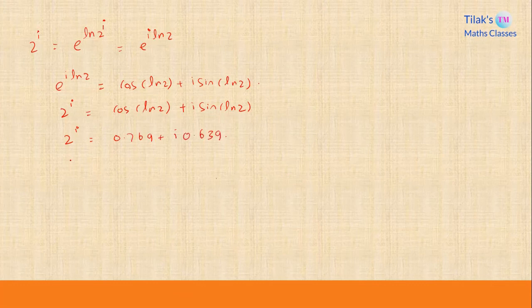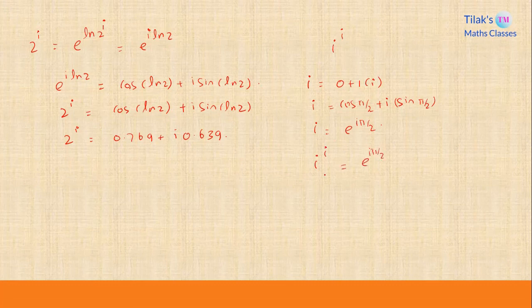0.639. But if you have to determine i power i, how do we do that? Now first we can write i as 0 plus 1 into i. So that is equal to, 0 I can write as cos pi by 2 plus i into 1 we can write as sin pi by 2. So this is in the form of cos theta plus i sin theta. So i we can write as e power i pi by 2, which means i power i is equal to e power i pi by 2